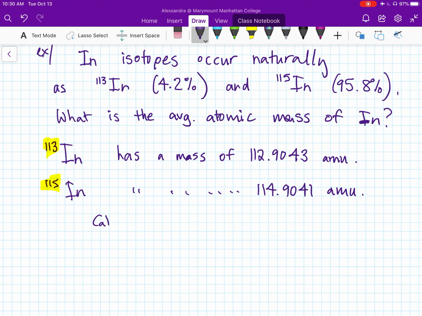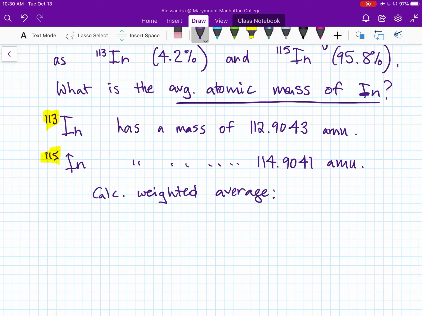So we need to do a weighted average, essentially. If we want to answer what the average atomic mass is of indium, we need to calculate a weighted average. And this is just like if you're trying to figure out what your grade in this class is going to be, you have to take your test average and multiply it by the percentage of how much the tests are worth, and then your homework average and multiply it by the percentage of how much the homeworks are worth, etc. So you're going to take the mass of the lighter isotope and then multiply it by the relative abundance, and then the mass of the heavier isotope, and then multiply it by its relative abundance to do a problem like this. So I'm going to take the light isotope mass,